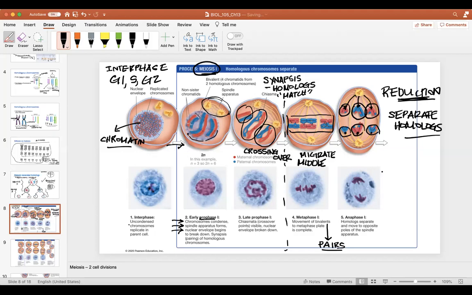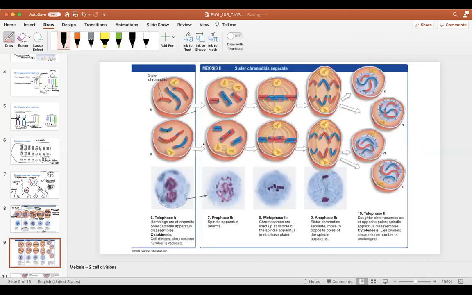All right, let's move on. Now we're going to get to telophase 1. In telophase 1, the homologs are going to be at opposite poles. The spindle apparatus disassembles, so the microtubules go away, and cytokinesis occurs to separate out the cell membranes. And so at the end